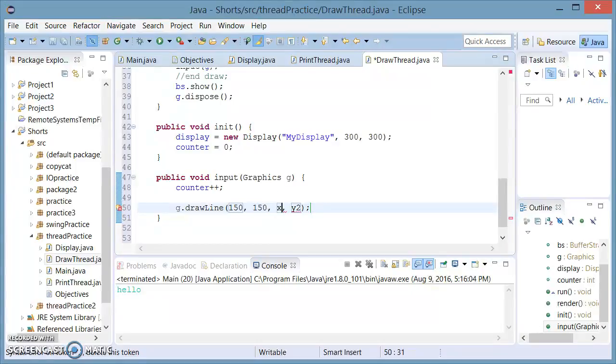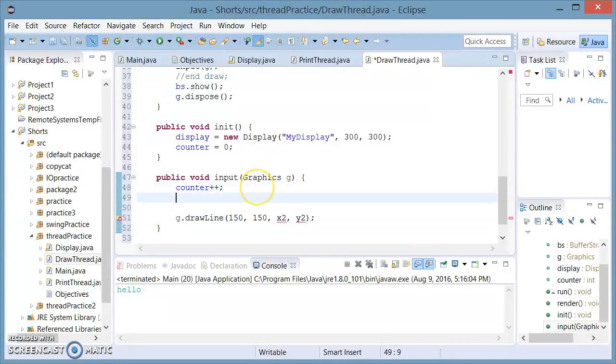And as for x2, I'm going to declare x2 and initialize it to